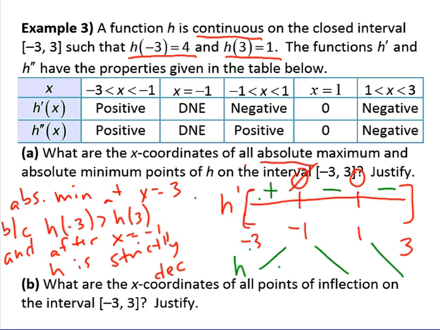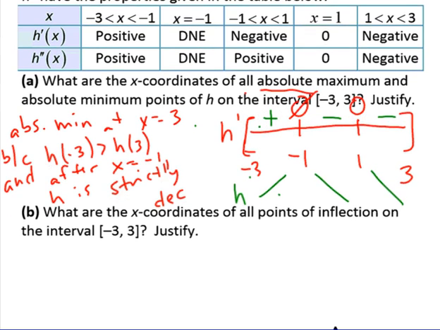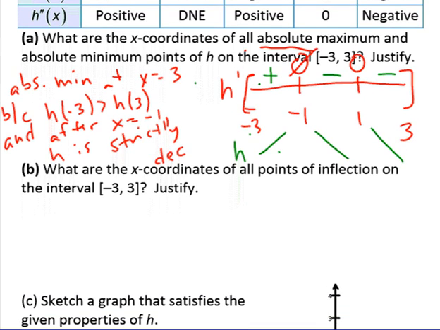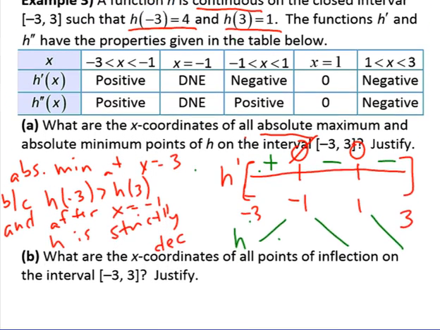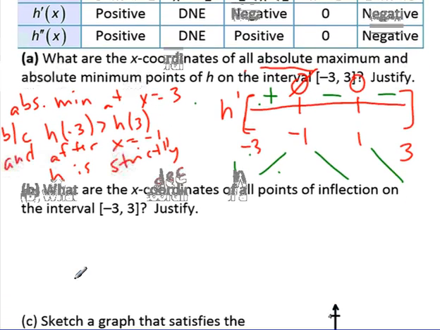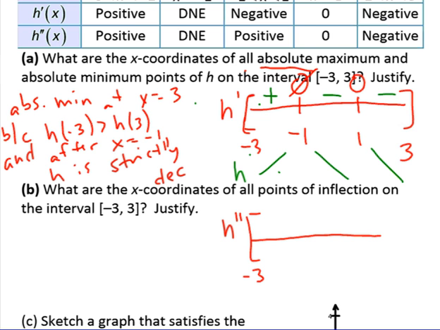Okay, so now we're going to talk about the second derivative. What are the x-coordinates of all the points of inflection? So we're going to do the same thing. We're going to create a sign chart based on the information off of the graph. So now for h double prime, we have from -3 to 3, and -1 and 1. So we're undefined here at -1 and 0 here at 1, same as the graph for